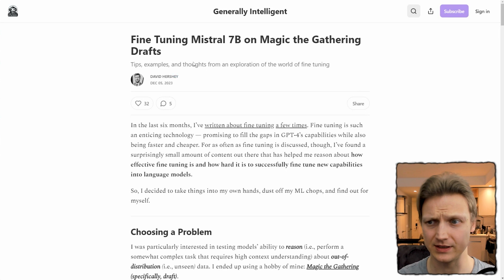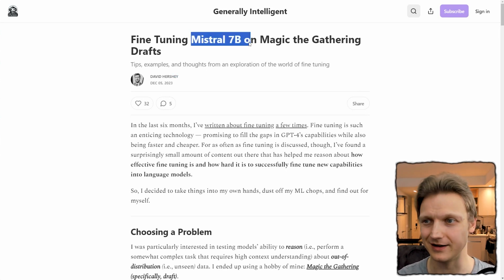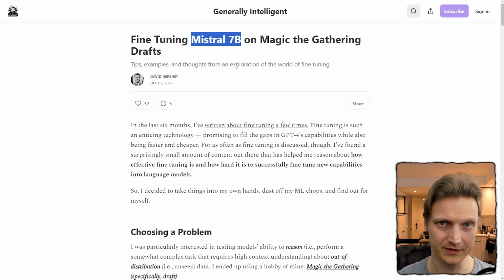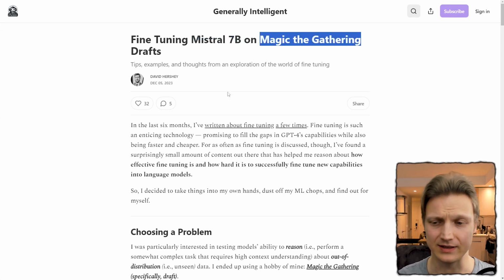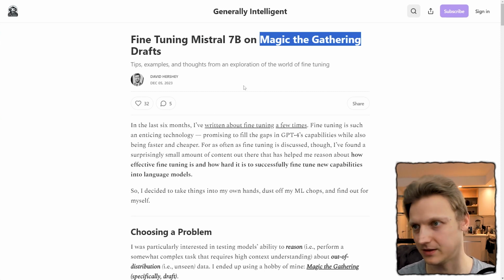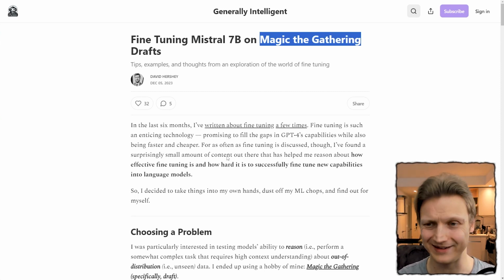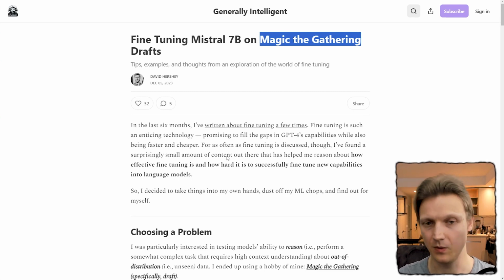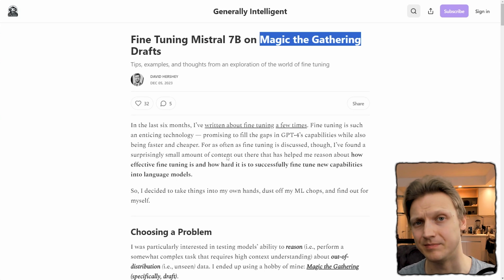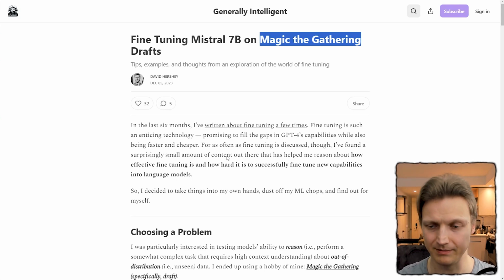One of the researchers has figured out a way to fine-tune a language model, Mistral 7 billion, to give them recommendations for a game. This game, Magic: The Gathering, is quite classic, it's popular, it's been digitized, and now you can download it on your PC and play it. I think there are iOS versions available too. This is a collectible card game where you collect cards, purchase them, win them over, and compete against other players in battle. The better the deck, the more chances you have